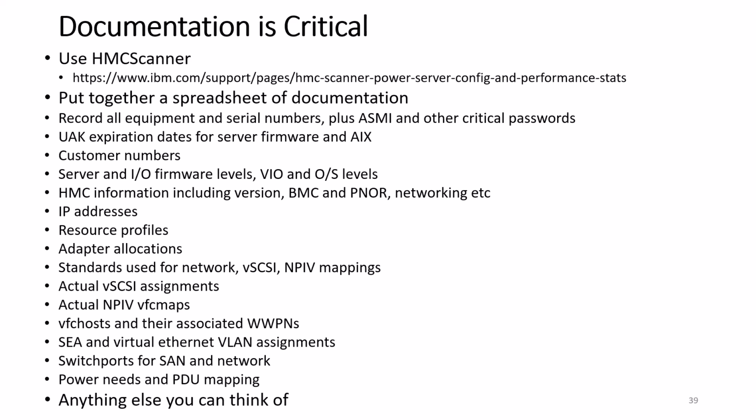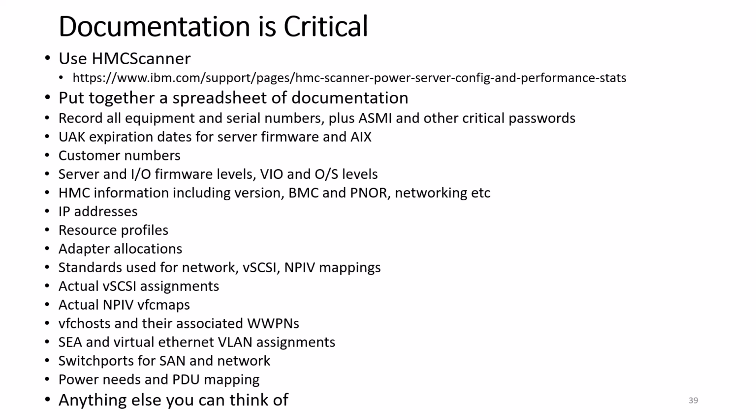In it, I have all the equipment and serial numbers. I may record in there the ASMI and other critical passwords, or I may record them in a separate document that is encrypted. I keep track of the UAK, which is the Universal Access Key expiration dates for the firmware and the AIX. I have customer numbers in there, server and IO firmware levels, VIO server and operating system levels. I record information about the HMC, like the version, BMC, PNOR, what the networking looks like, any IP addresses, adapter